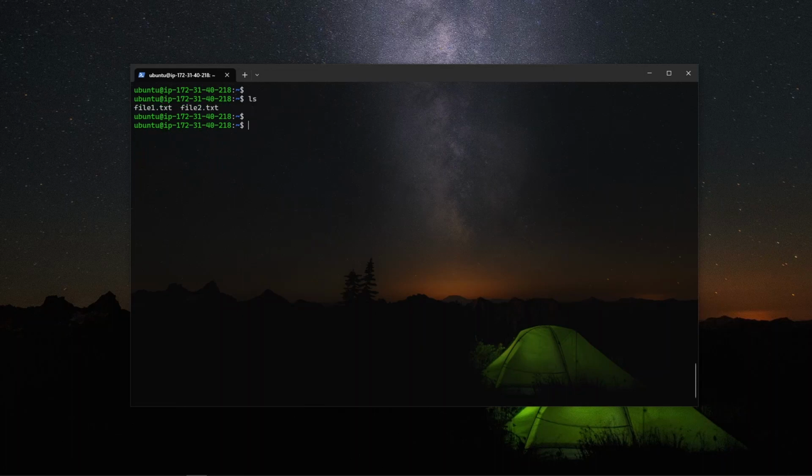So let's say you want to rename your file. So we can use move command. So mv with the old file name with a new file name. Now if you do ls, now you can see with the new file name there is no file starting with file1. So move command is not only for renaming, it can also help in moving your file from one